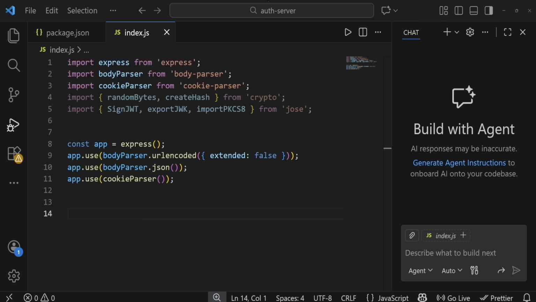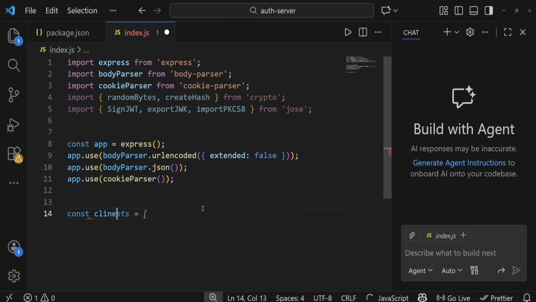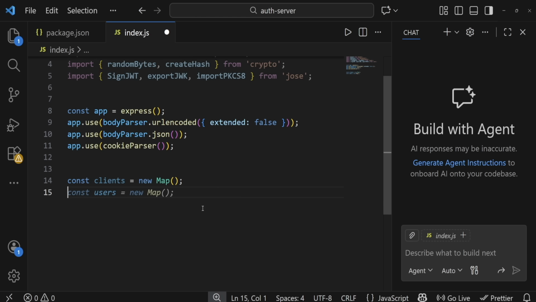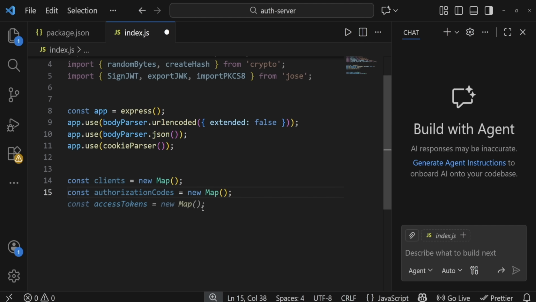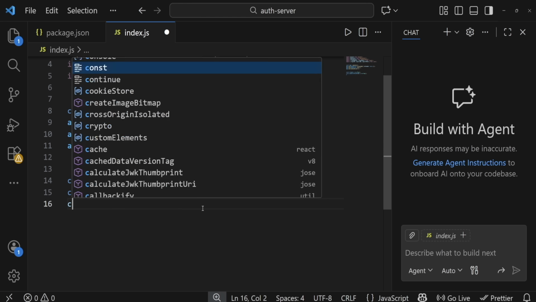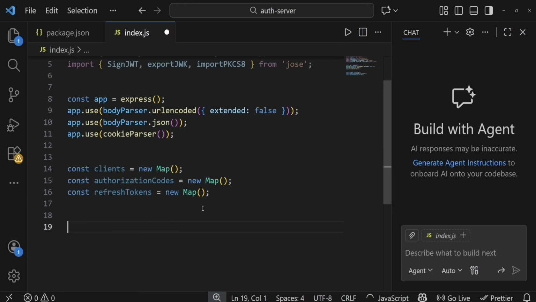Now, this is a demo data store; in production use a DB or Redis. So we can have const clients, let's see, spelling, CLIENTS is equal to new Map. Then we have const authorizationCodes is equal to new Map, and we have const refreshTokens is equal to new Map. And then we register a demo client, a public client,